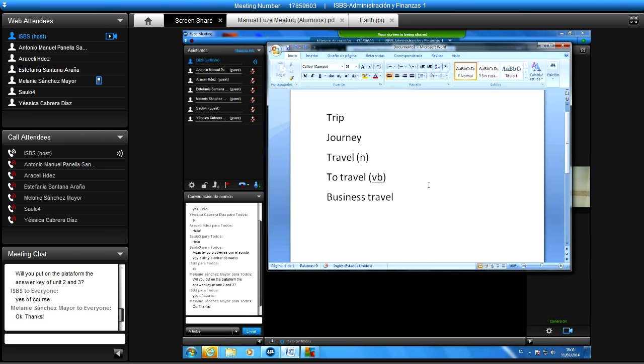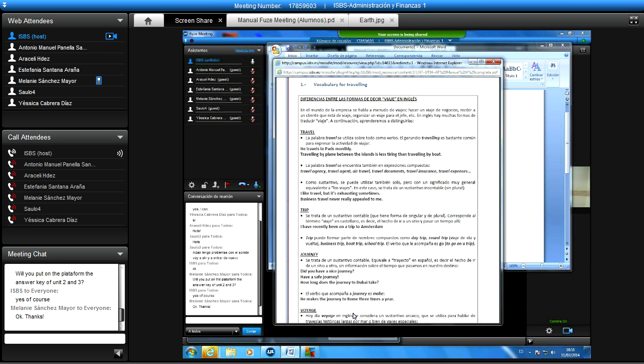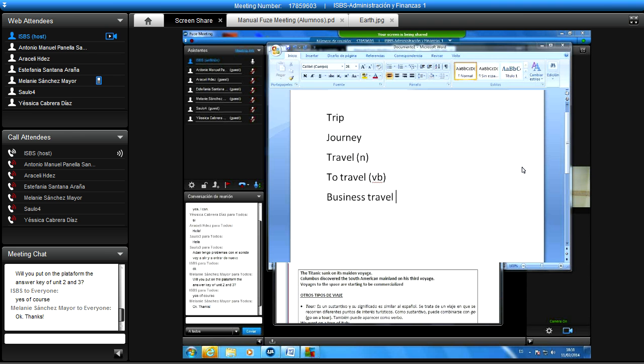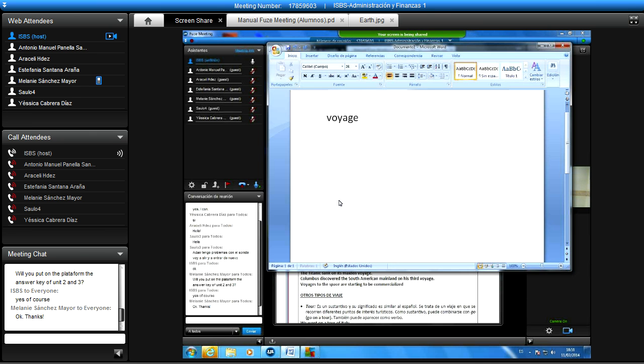Is that clear? So these are the differences between trip, journey, and travel, which are the biggest ones that need to be separated. Then you have others: travel, trip, journey. Then we have voyage, which is also important. It comes from French, voyage, but it's pronounced in English, okay? Voyage. And what is the meaning of voyage? Because it's a special kind of trip.